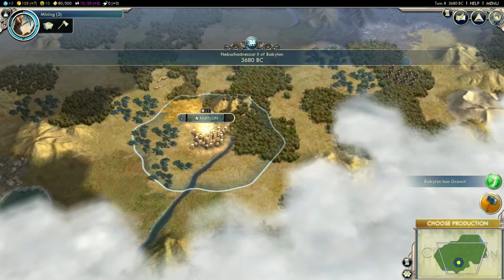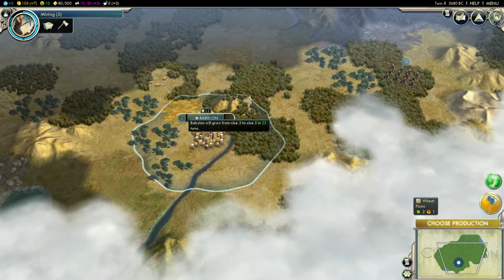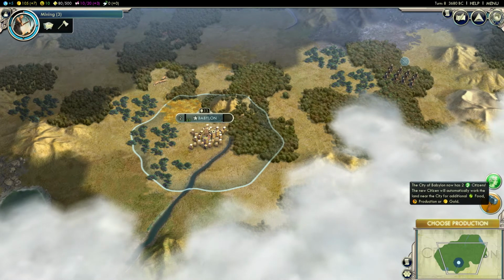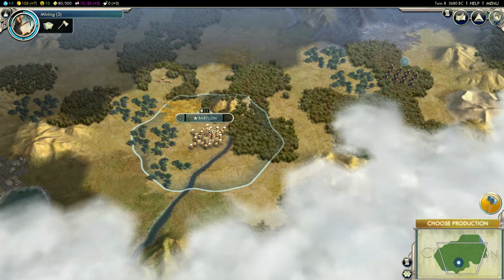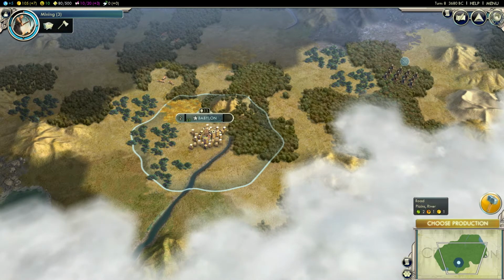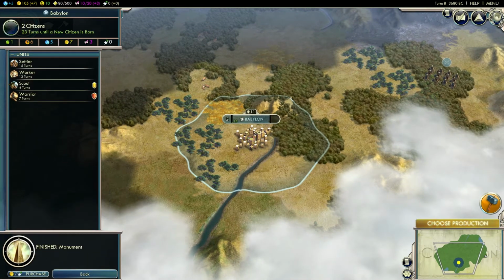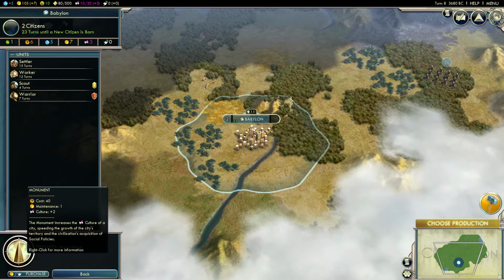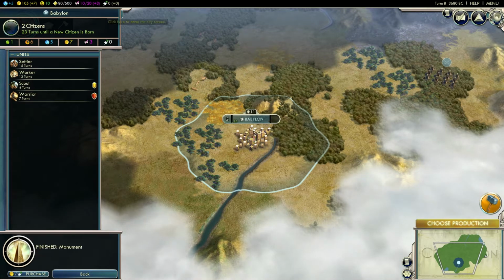Okay, so now Babylon has grown to a population of 2 because they've been harvesting food. And I can dismiss this notification about that just by right-clicking on it. And they've also finished the, what was it I had them build again? Yeah, monument. So the monument costs gold as maintenance, but it also gives me culture, which means, and you see up here,